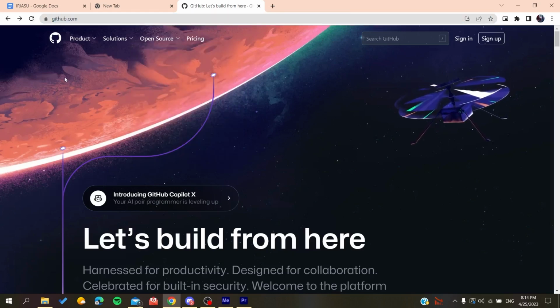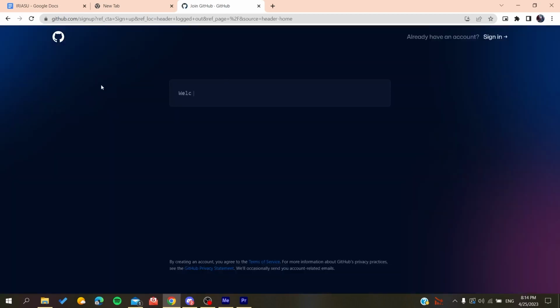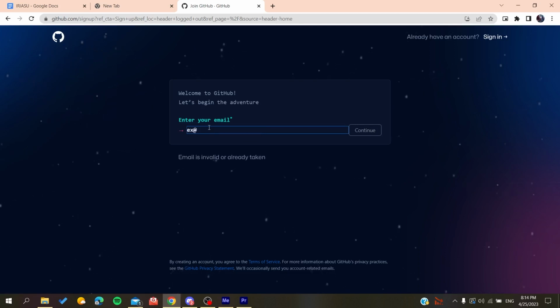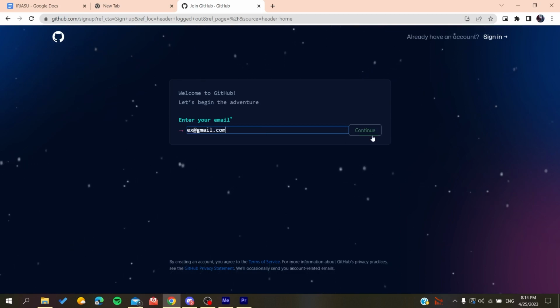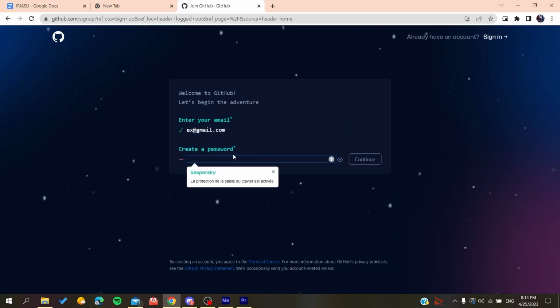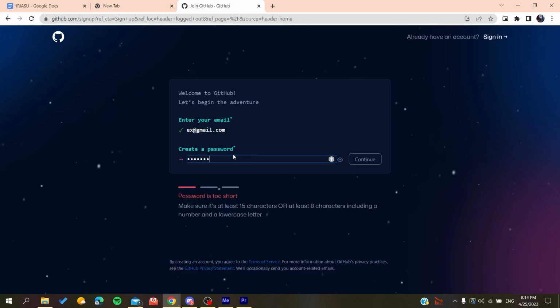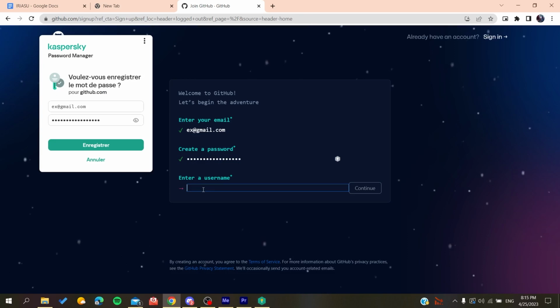And now we will need to create an account so we can use the GitHub services. So basically all we need to do is click on sign up and then it will redirect us to the sign up page. Now you need to add your email, Gmail.com or any other email that you are using. You click on continue, you create a password. If it was anything like that, you click on continue and then you will add a username, for example